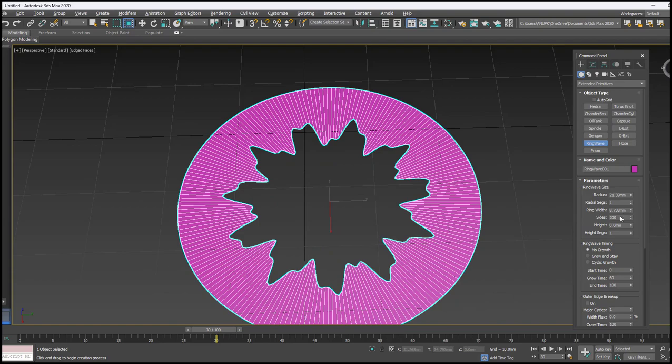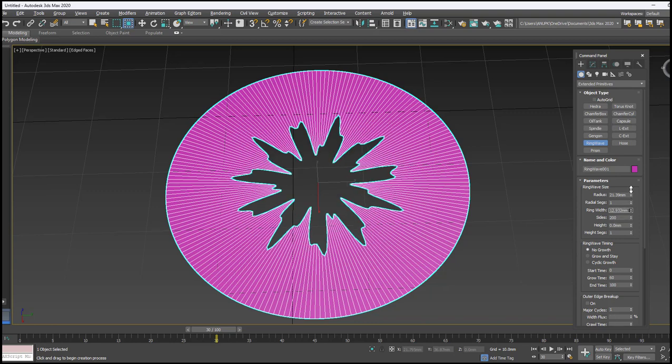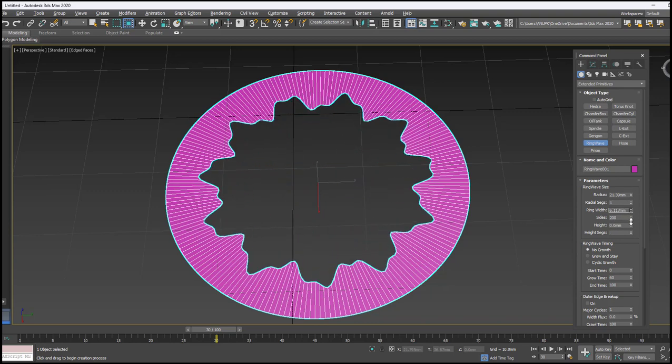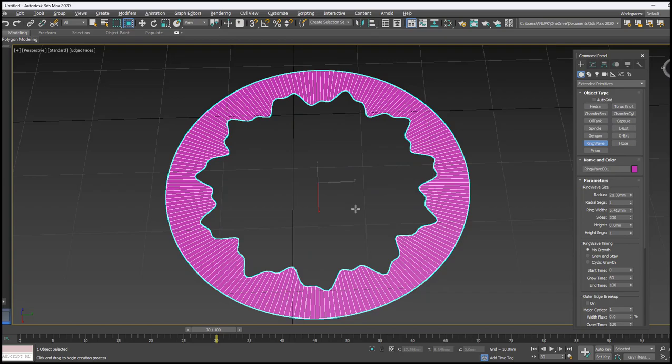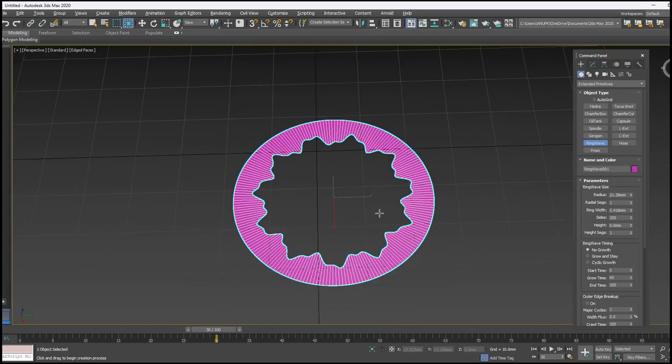Radius, radial segment, how many segments you want. Ring width, inner one. Even you can use this as wall decorative or mural. And then you can modify the outer ring options like that.